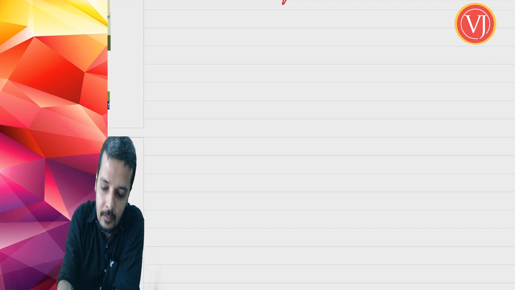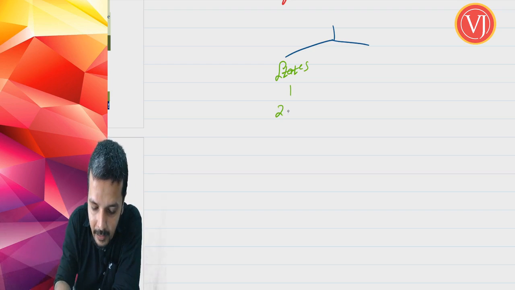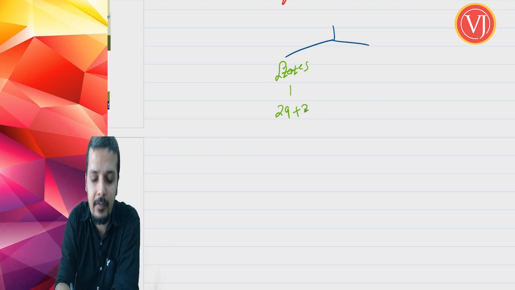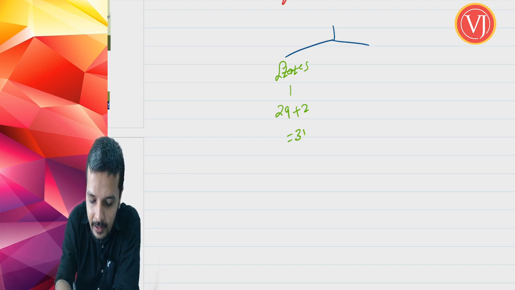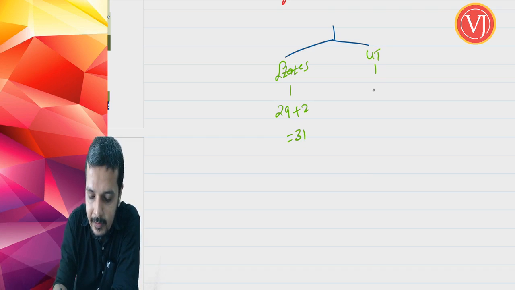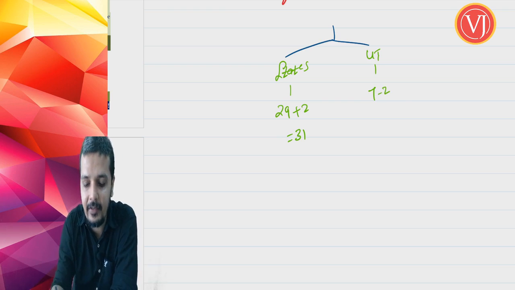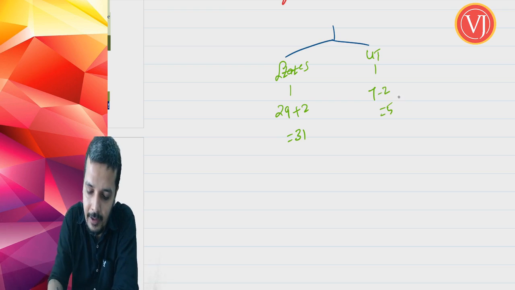So as of now, how many states are there with respect to GST law? It is 29 states, which includes Jammu and Kashmir, plus 2 union territories, Delhi and Puducherry, which are with legislature. So it is 31. Right. When you talk about union territory, as of now, how many union territories are there? It is 7 union territories minus 2, because Delhi and Puducherry, they are union territories with legislature, which will be called as states. So it will be 5.